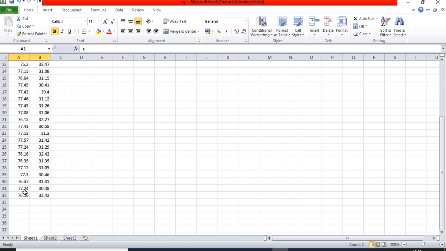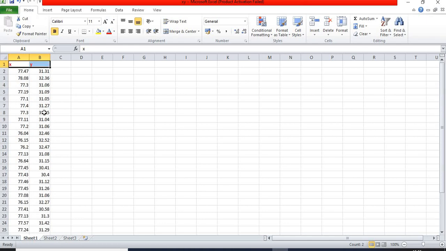There are 31 students as I mentioned in the address. So you have to feed the longitudinal values in the X cells and latitudinal values in the Y cells. And